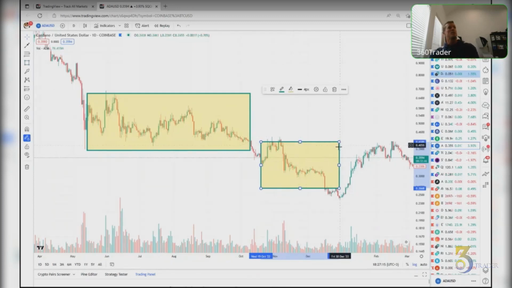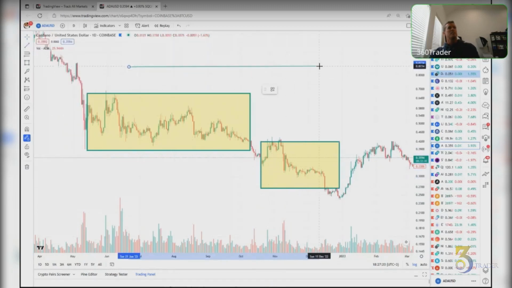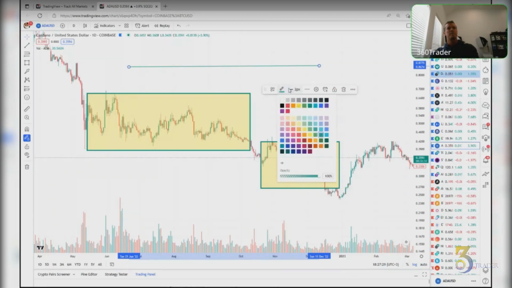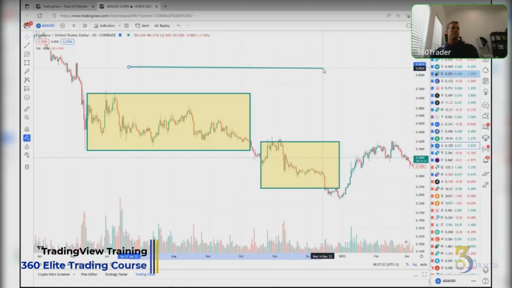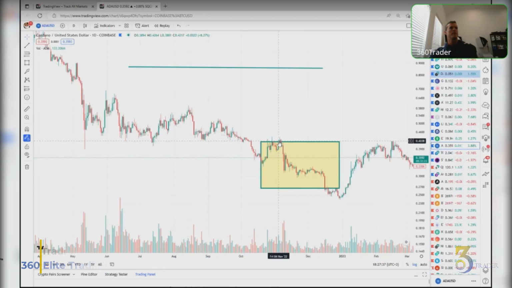So remember when I told you guys, I want to show you this. Rookies, instead of drawing these, I'm going to make this thicker. If you're a rookie, I'm going to give you some technical analysis help. All right. I'm going to get rid of this and get rid of this.